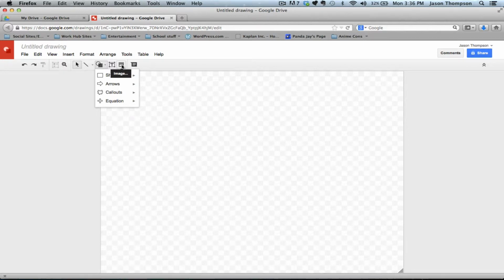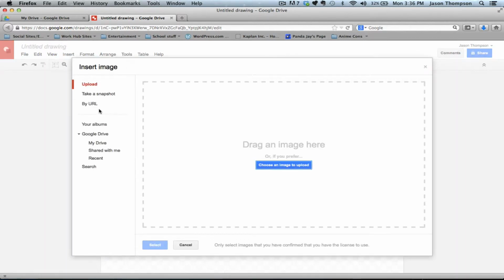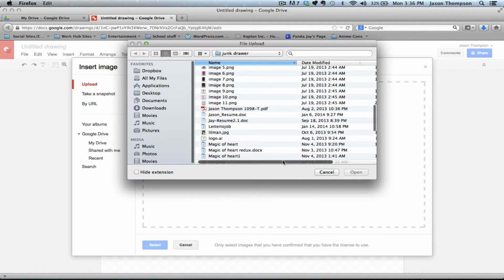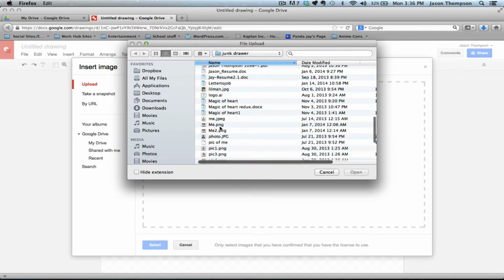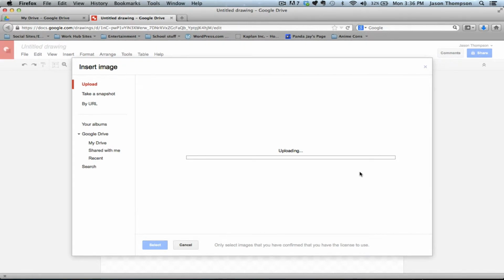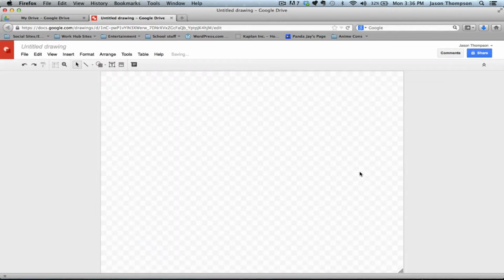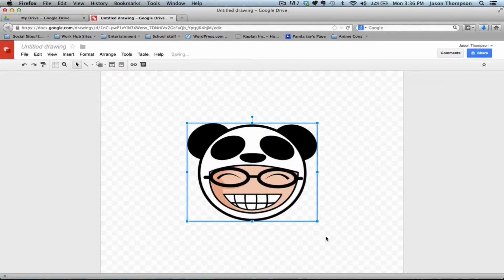So let's go ahead. We're going to start off by inserting an image. I'm going to go ahead and choose an image that I've already pre-created in another application. Okay, now this is my personal logo. Now obviously you can see it's kind of big. Now you may want it this big, that's up to you, and you can move it anywhere around the page,